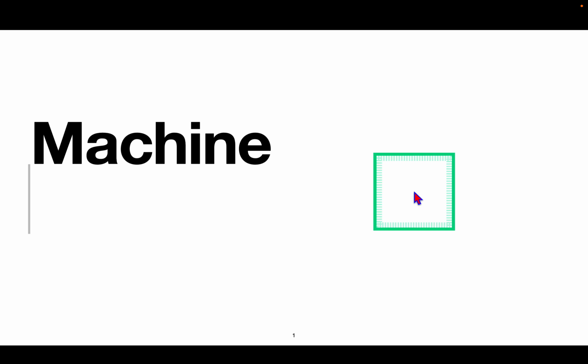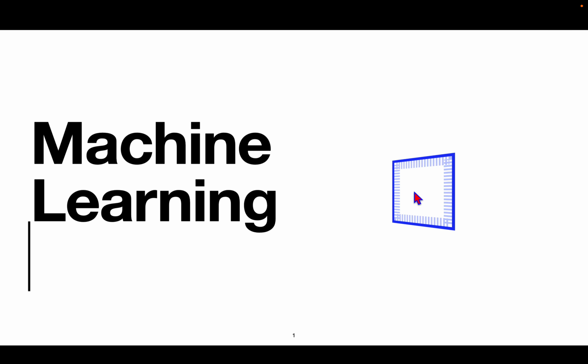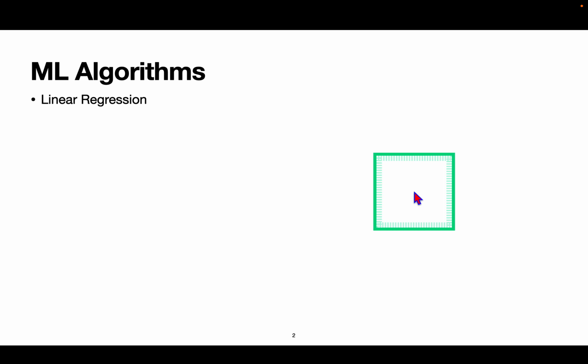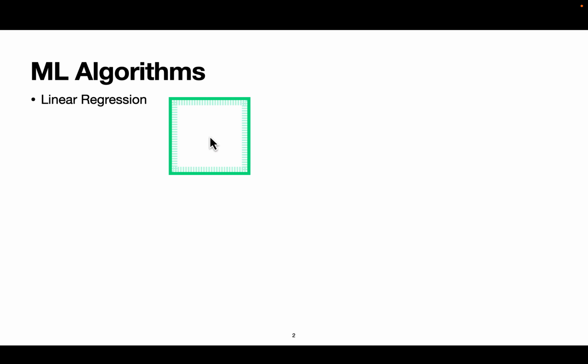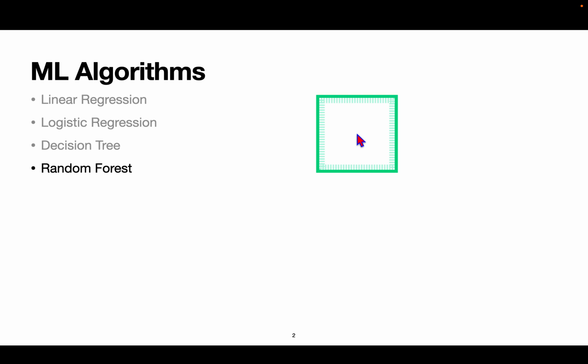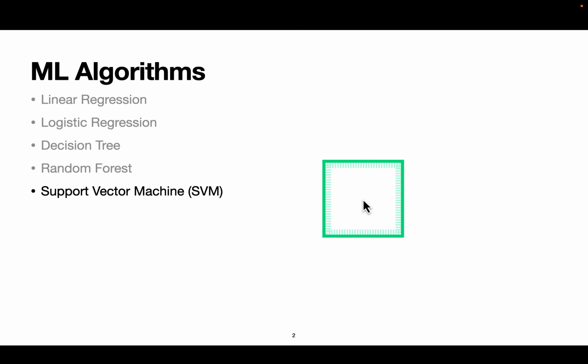Hello everyone. In this video I will be covering some of the most popular machine learning algorithms that are in existence today. The machine learning algorithms that I will be covering in this video are linear regression, logistic regression, decision tree, random forest, and support vector machines. These five I will be covering in this particular video,